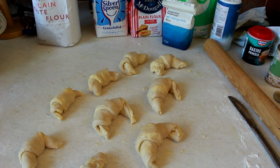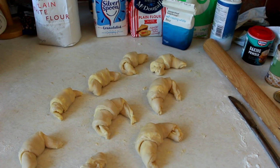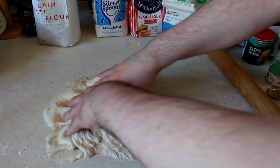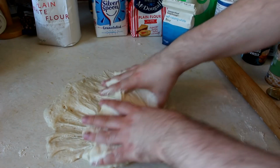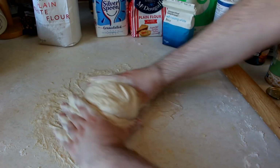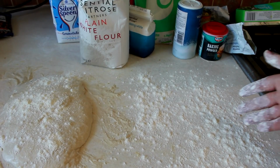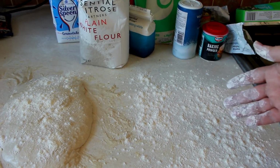The recipe says we now need to leave them for a bit, because they're just gonna sort of grow by themselves somehow. Wait for a bit, and they'll just do whatever it is they're gonna do. The stuff in this that makes it grow. Alright, it's gonna be fine. So we're just gonna grab it. This is the grossest thing I've ever done. This is horrible. I hate this. How do bakers do this? This is a good workout. Bakers must be flipping fit. I don't know. Also, what's this bit for if we're just gonna fold it into a...